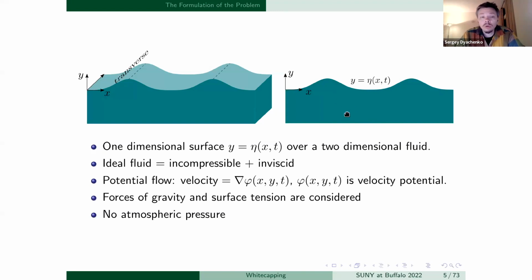And this will also imply that the incompressibility condition, divergence of velocity, will result in the Laplace equation once we make the assumption of potential flow. The velocity being the gradient of potential, we have divergence of velocity, that's divergence of the gradient of phi. Phi is the velocity potential, so divergence of the gradient, that's exactly the Laplace equation for the velocity potential phi